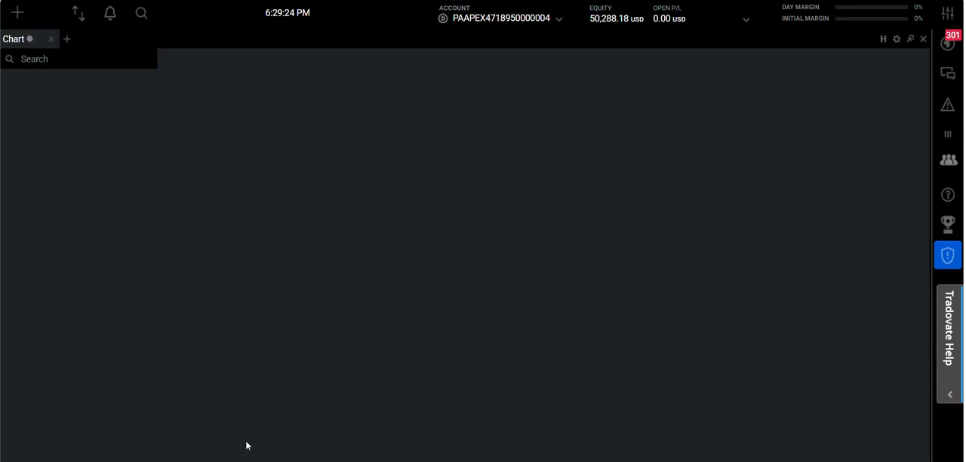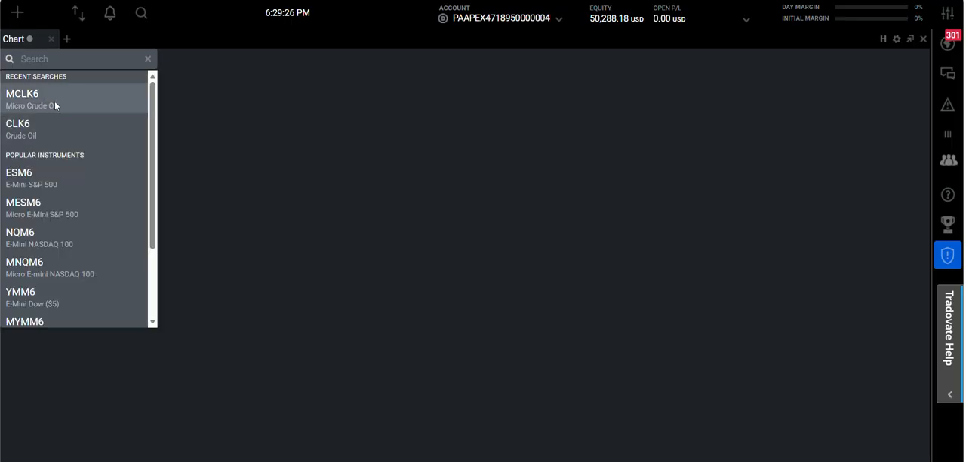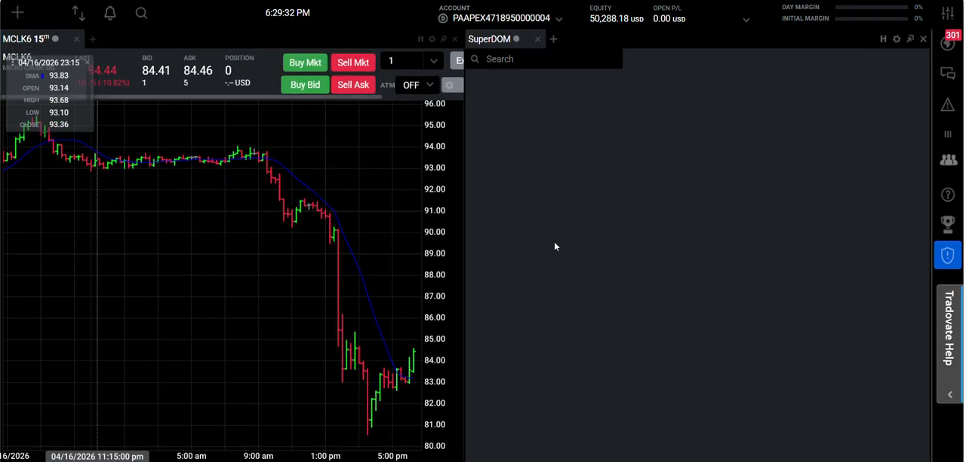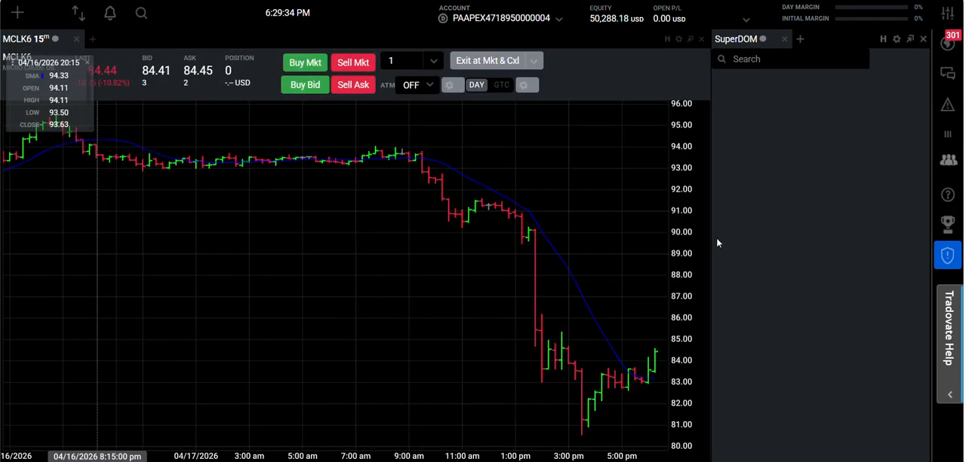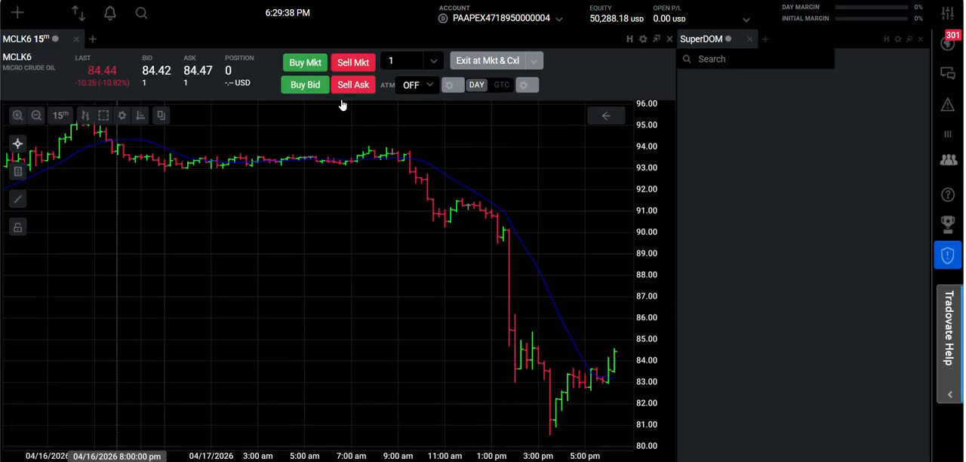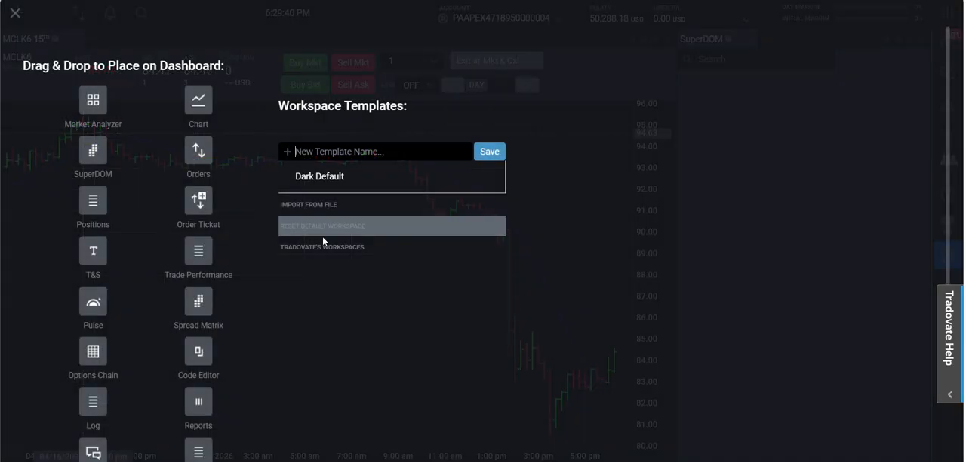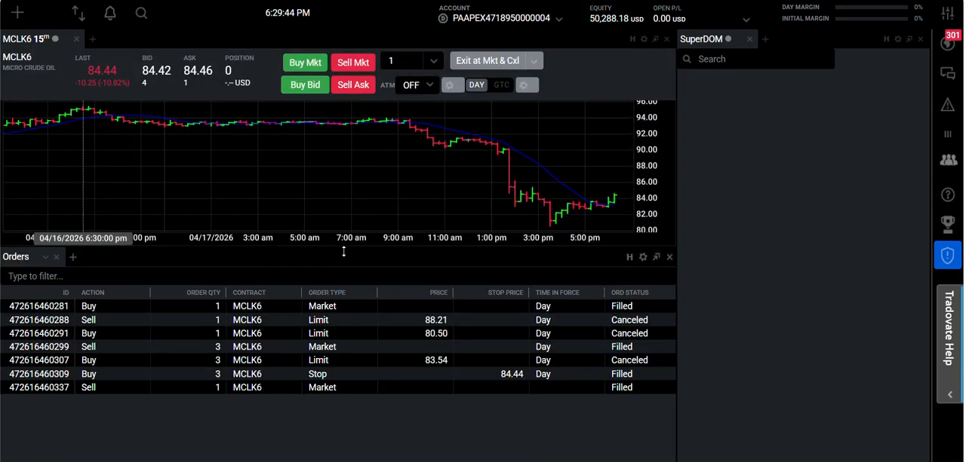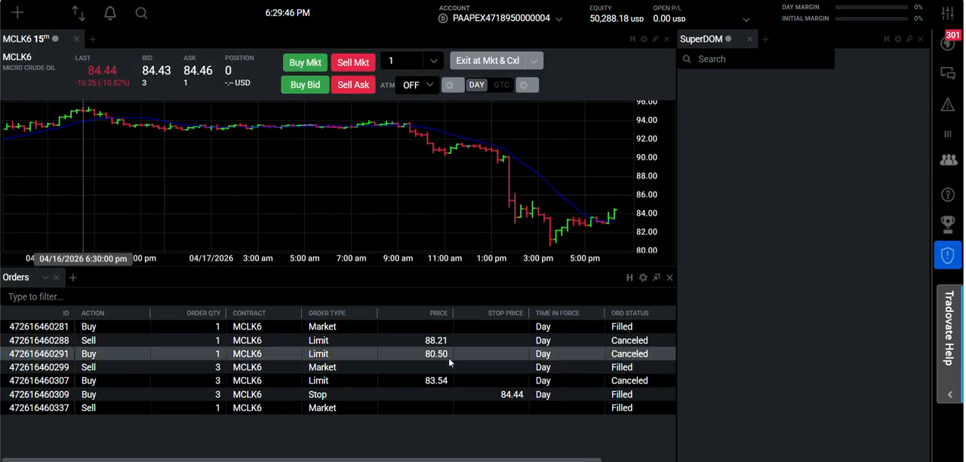So we want to bring a chart over here. Good. So now we're on the micro. So now we're going to get the super DOM, which is the depth of market, for anyone who doesn't know. And then I'm going to go over the super DOM as well with you. So we're going to bring the super DOM in here. This is how I do mine. So we're going to have our orders down here. So these were our orders that we took